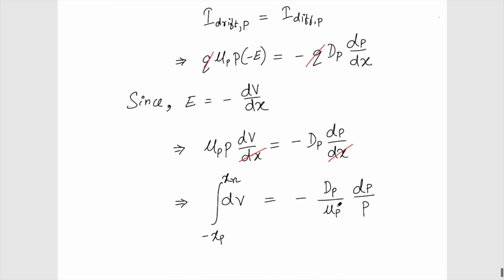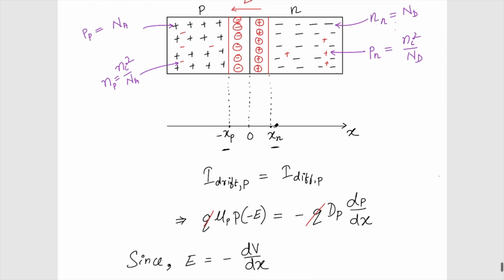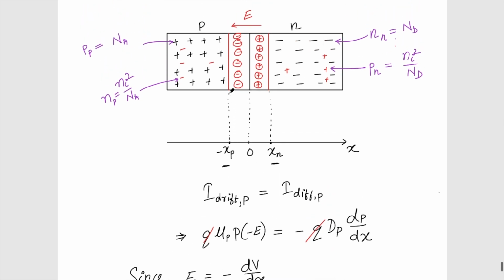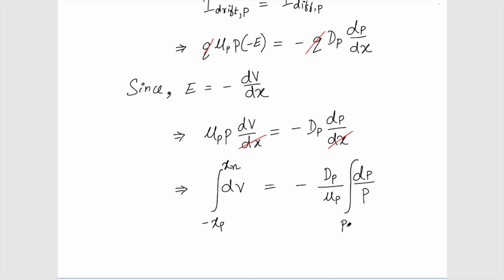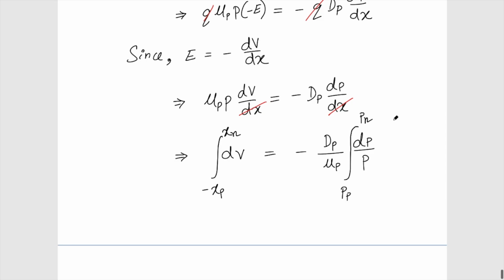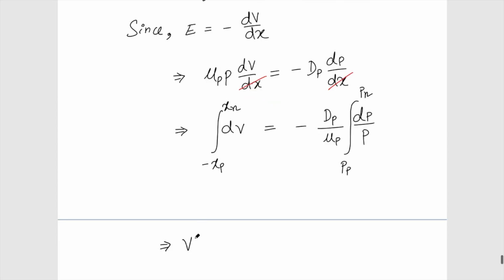Okay, and similarly I'll be integrating this one from this point to this point, where the concentration of the holes at this point is basically this one, pp, and the concentration of the holes on this side, we know that it is pn, pp to pn. And if you remember, this is nothing but the Einstein constant, Dp by mu p, which is kT by q. So implies the potential at x equal to n minus the potential at x equal to